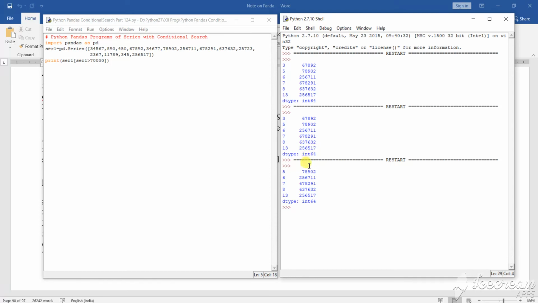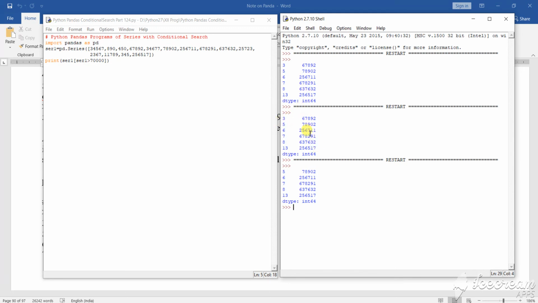I have changed it three ways, and they give three outputs. Three patterns of output are there based on the conditions that were executed in this conditional part. This is how you can implement the condition and use it to complete the program. This is a series. What is a conditional search? It is the conditional search implemented in this condition area. Based on the different conditional searches I have shown you, it has executed and given the results.